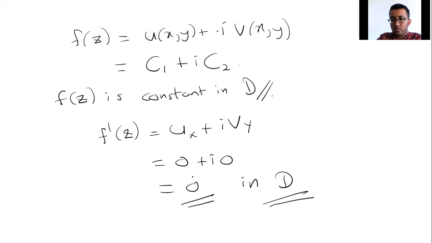I think you have got the idea behind this problem, and this is a very good problem to understand Cauchy-Riemann equations and differentiability, right? So I proved that in some domain, if the modulus is constant and the function is analytic, then that function should be a constant function in that domain. So I am going to stop this video from this point. Again, go through the steps that I have done and try to understand this problem.